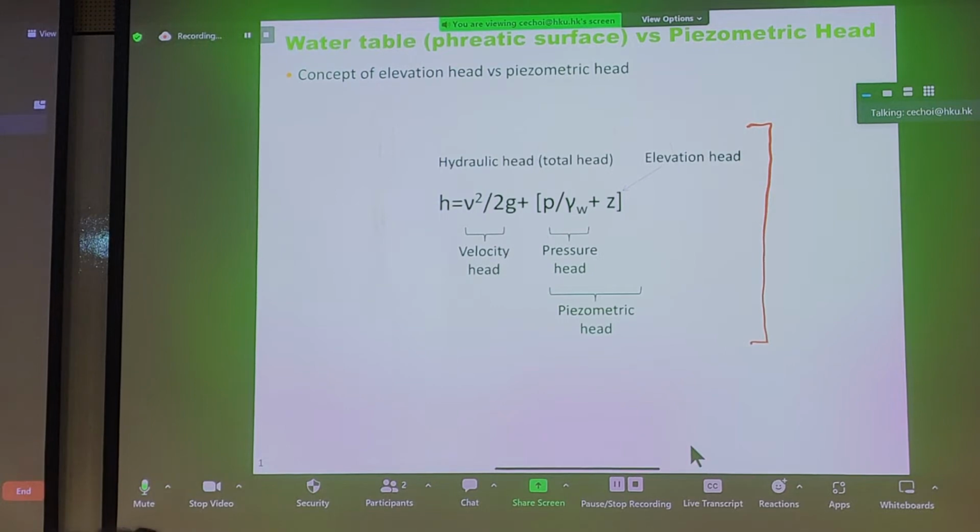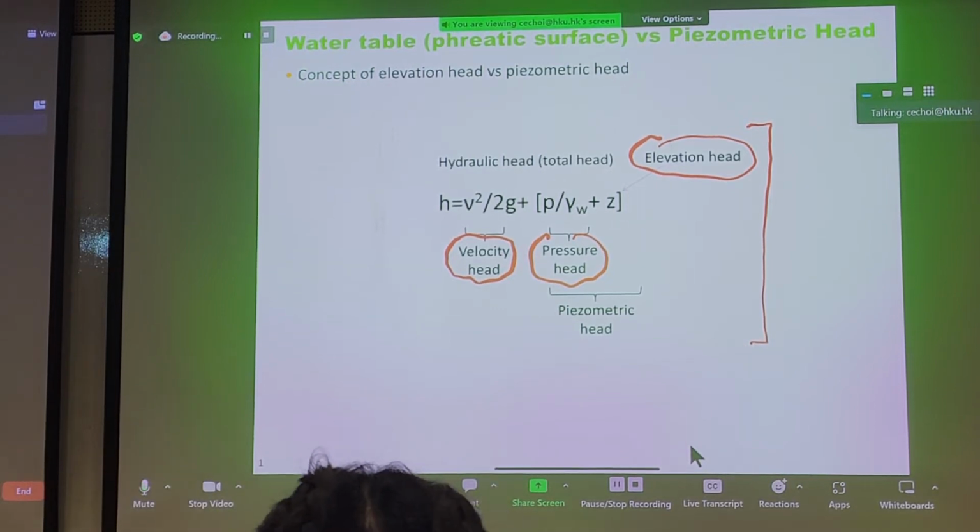What do we mean by total head? Well, there's three components. We have velocity head, pressure head, and elevation head. We understand these principles from our fluid mechanics class and also from rudimentary soil mechanics. Now, if you remember from your soil mechanics class, the velocity in soil is relatively slow. Soil has a low permeability as a porous media. So it's common to neglect velocity head because it's quite small compared to the other two components, particularly elevation head